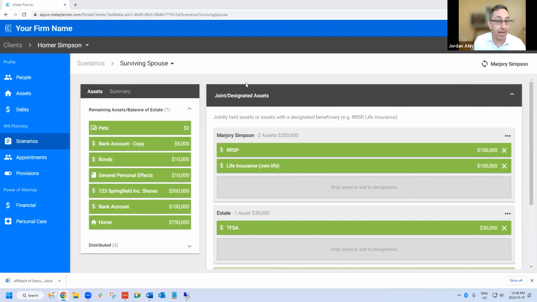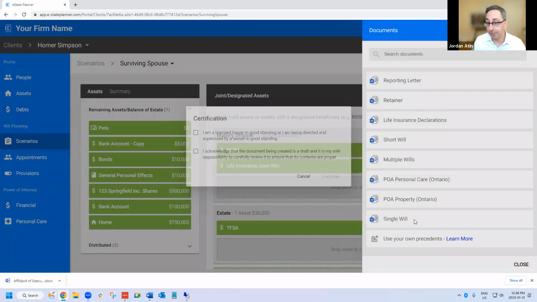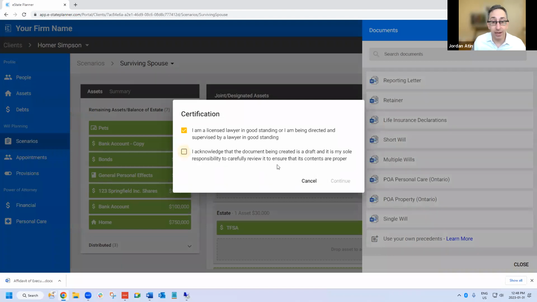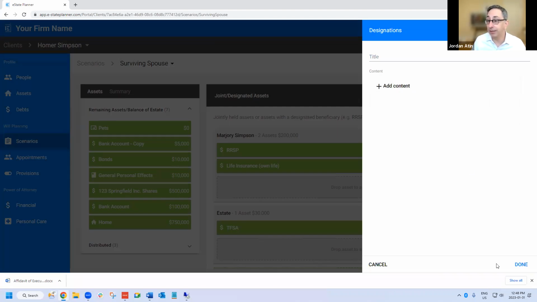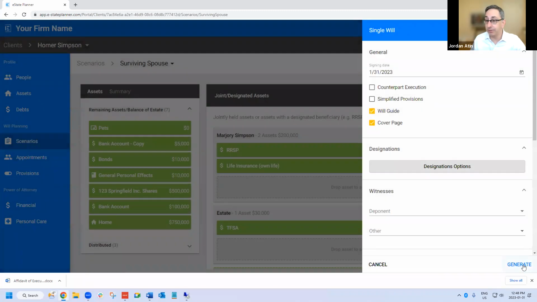And the way I would do that is when I created the document, as an example, let's say for this one example, I didn't want to include the designation, I would just exclude that. And now, even though I've shown what would happen, I'm not doing the designations. Okay, so that's how that would work.